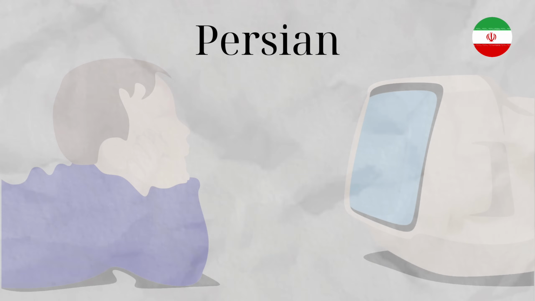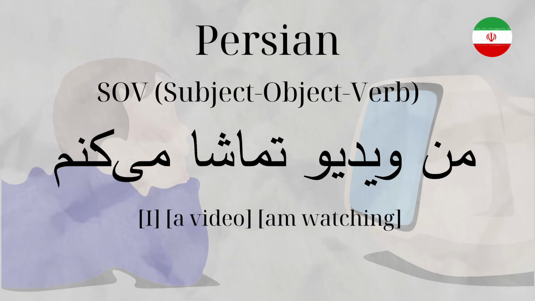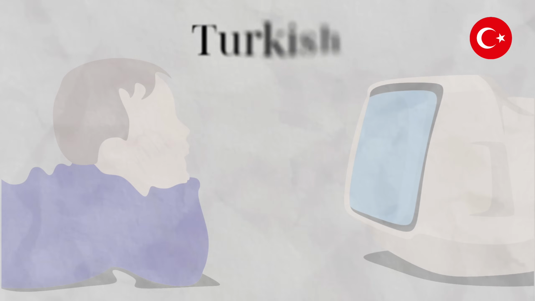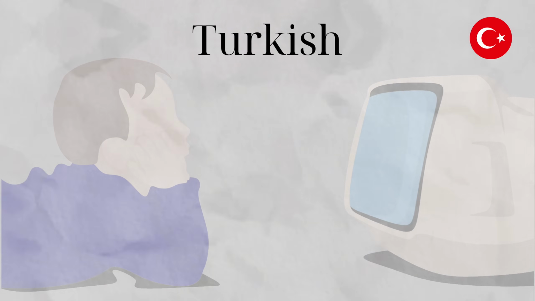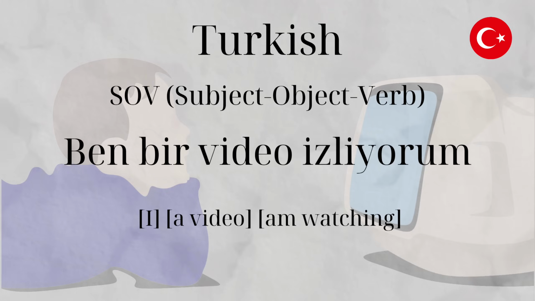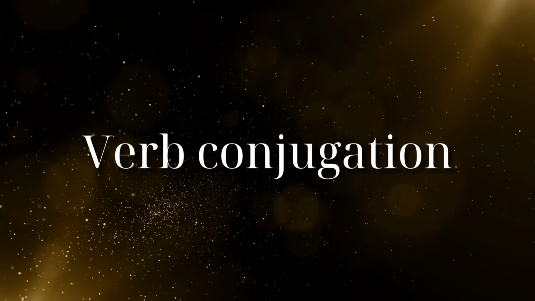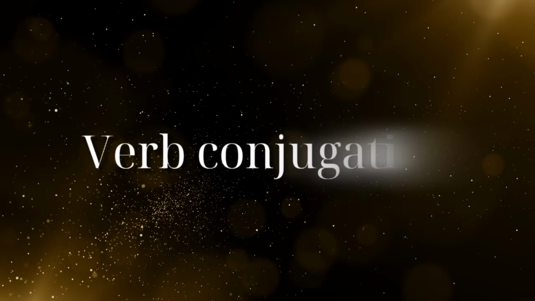In Persian, the typical sentence structure is SOV, subject, object, and verb. So we say, man video tamasha mikonam. In Turkish, the typical sentence structure is also SOV, subject, object, and verb. So we say, ben bir video izliyorum. Or we can just say, bir video izliyorum. Even though Persian and Turkish have a similar word order,